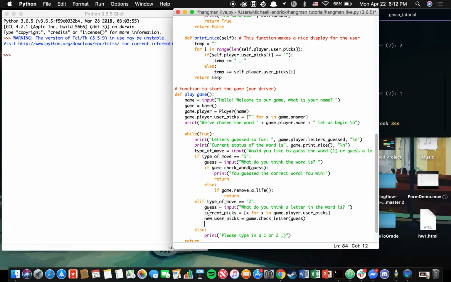Okay, so current pics is what the pics were before we tried to see if their guess was right, and new user pics is what they had so far after we checked to see if their letter was right. So now we want to compare the two. So if these guys are equal, that means they guessed a letter that was not in the word. So if that's the case, we go through this